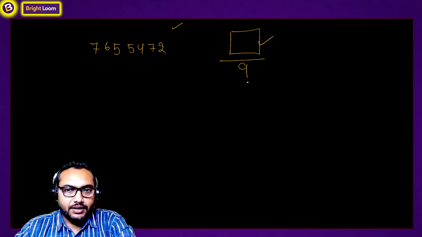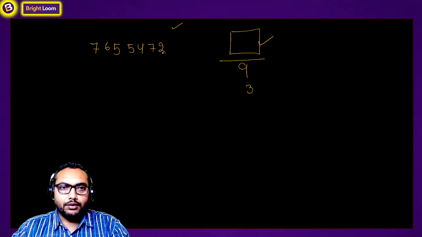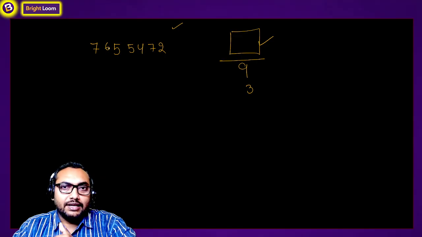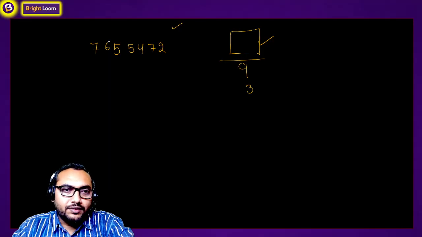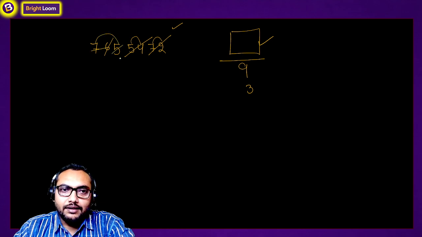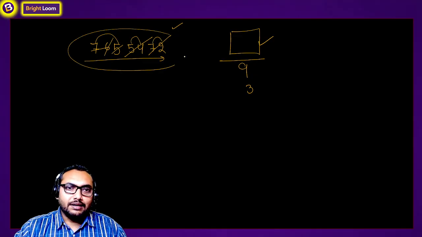Okay, first of all, let us talk about the divisibility rule of 3. If I want to check whether this number is completely divisible by 3 or not, instead of adding all the numbers, I'll divide each and every digit by 3. I know 6 is divisible by 3, so I'll cancel it out. Then we don't have any other digit which is divisible by 3. But what about combinations? 7 plus 2, 9 is divisible, so I'll cancel it out. 5 plus 4, 9, divisible by 3, and 7 plus 5, 12 is divisible by 3. Now we are left with no number, which means this number is completely divisible by 3.